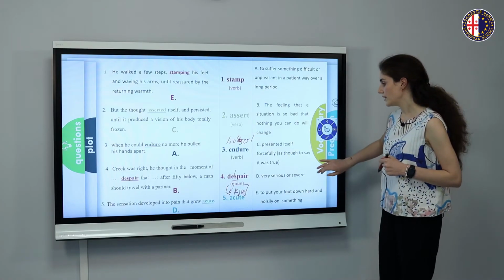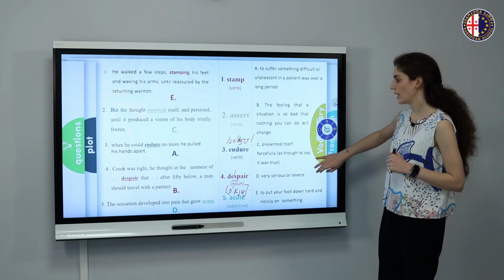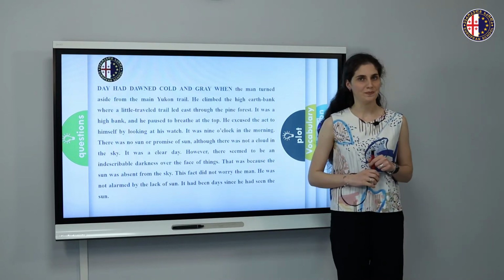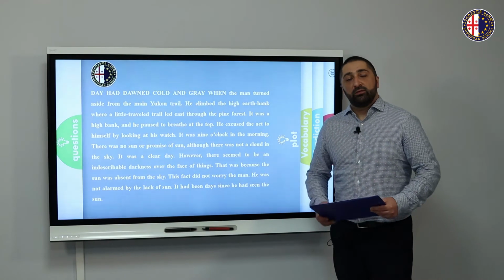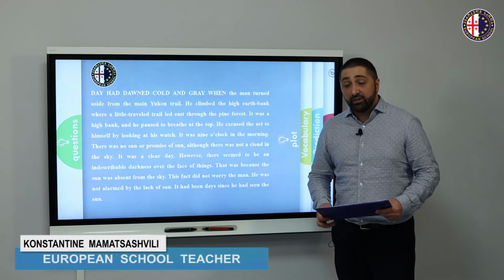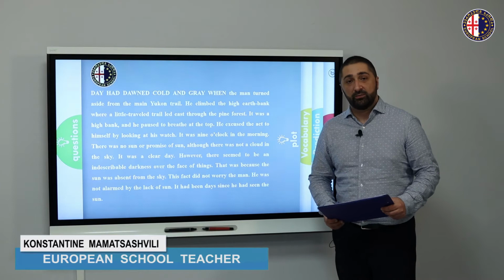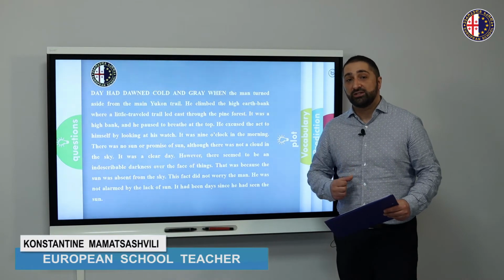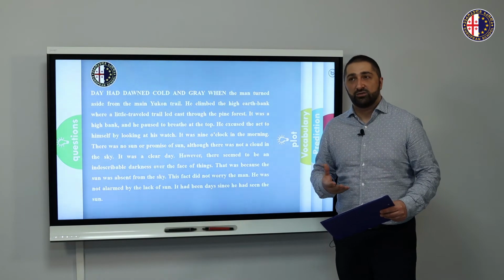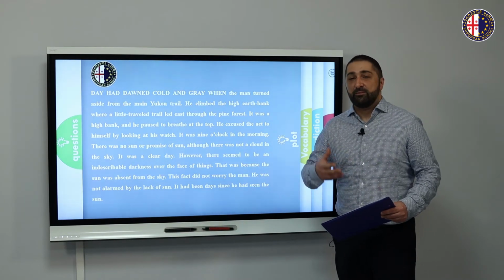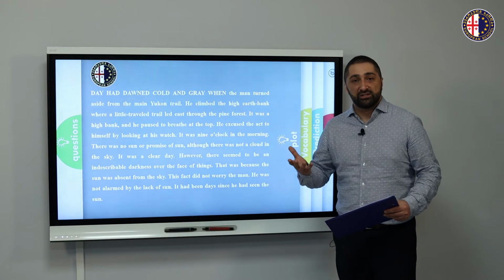Now we are ready to move to the plot of the story. Thank you very much for your attention. I will be talking about the plot of the story. The reading process must be interesting. Reading is not just reading out words and sentences. We have to feel, we have to understand, and we have to visualize and even imagine some events in the